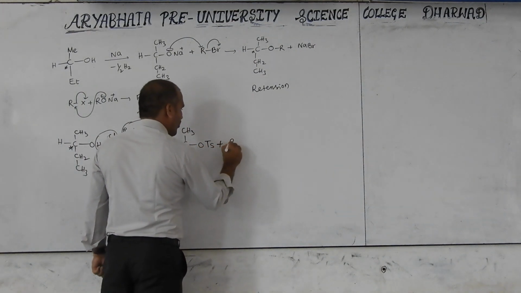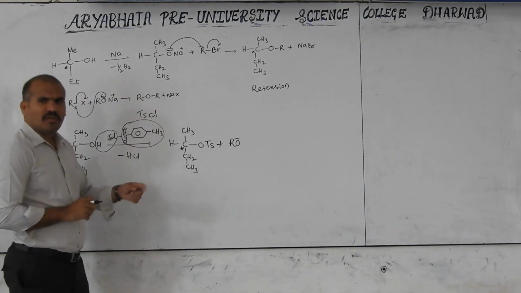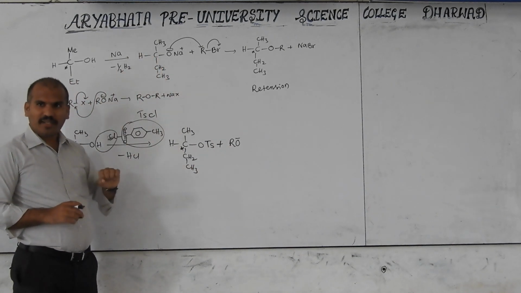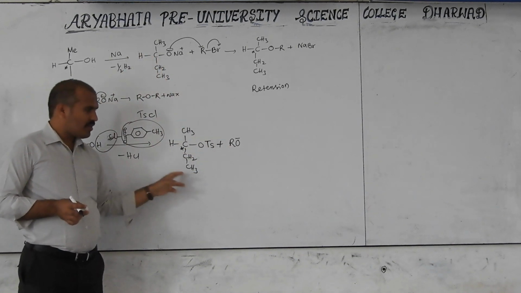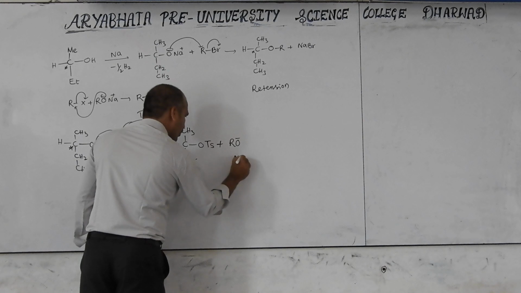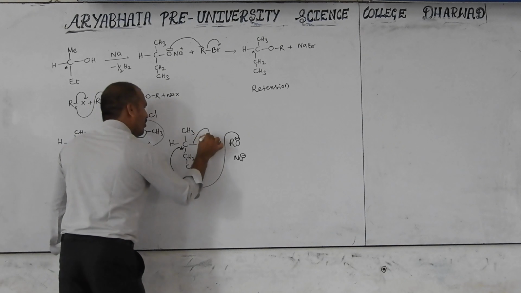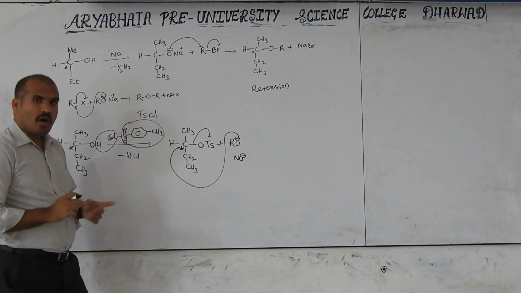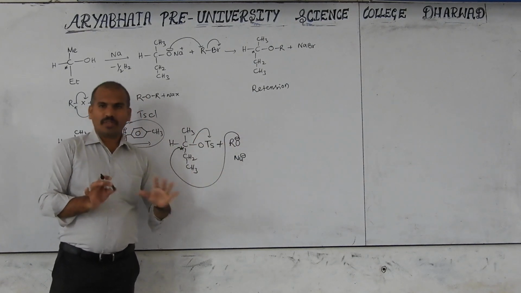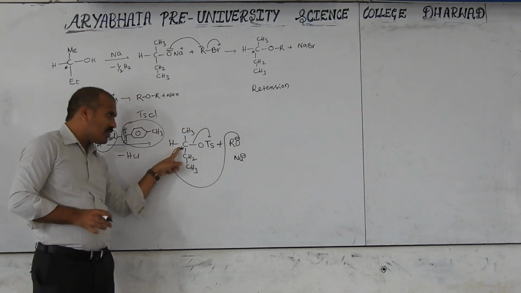Now consider any one nucleophile, for example RO minus. This is the nucleophile. Before, this one was alkoxide, but here now this alkoxide atom is the nucleophile. See the difference? This nucleophile, when the leaving group leaves, which side is it attacking? Opposite to the leaving group. This is the leaving group, which leaves from the substrate, and the nucleophile attacks on the opposite side to the leaving group.